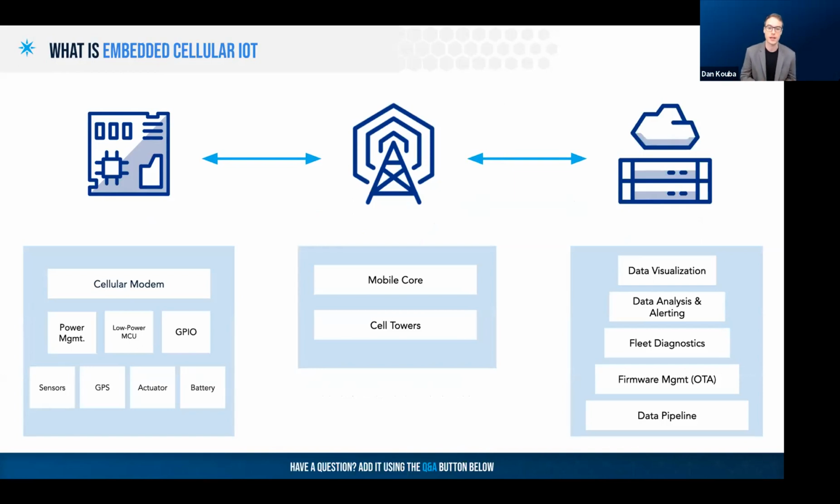So specifically, we play in a space that we call embedded cellular IoT. And what that looks like is mostly low power devices and a mixture of data flowing back from those devices, mostly processed by cloud technology, so some sort of cloud compute. Specific differences between the generalized IoT field. At the edge, these devices are typically going to be battery powered. They're going to have limited processing and decision-making ability, so they're not going to have machine learning algorithms, but they're going to have maybe some statistical algorithms running on them. And then on top of that, most of these deployments are going to use a higher mix of sensing versus actuating. So most of this is going to be data collection.